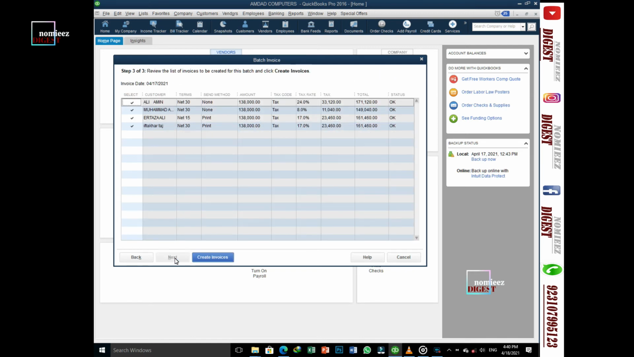Now you can see that 4 different invoices have been made for our 4 customers, with their different information. They all have different payment terms. For example, Mr. Ali Amin has net 30, Muhammad Ahmad has net 30, but Irtaza Ali has net 15. Also there are different sending methods. For example, the print method is for Mr. Irtaza Ali and for Mr. Iftikhar Taj, but for Mr. Ali Amin and Mr. Muhammad Ahmad, we have not decided any sending method yet, but we can do it later,